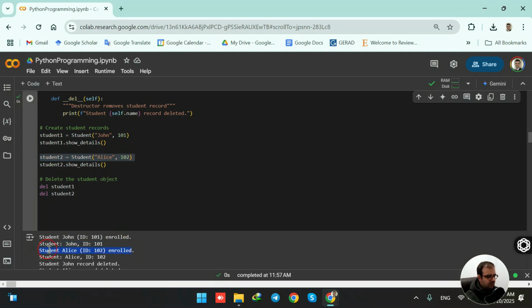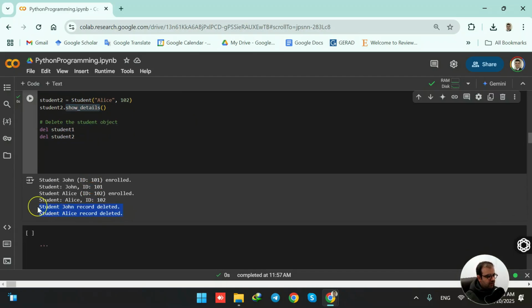Then we have the second object being created. So we are saying that, okay, Alice enrolled with the student ID of 102. Then we are showing the details of the second student, Alice ID 102, and this comes from this call of show details function. And in the end, the records of both students are being deleted because we are removing both objects